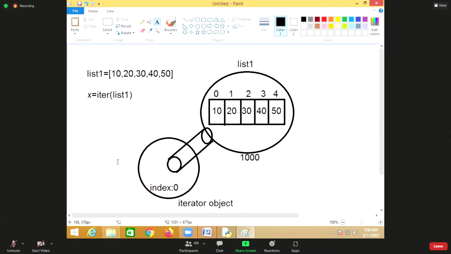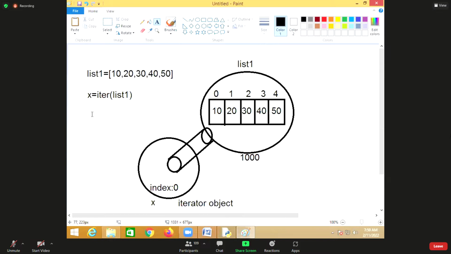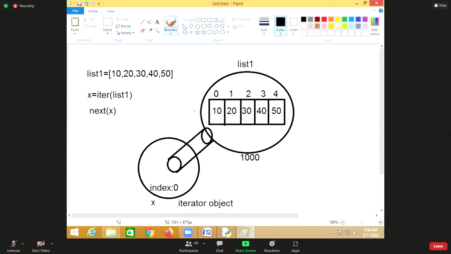Suppose this is x. x is nothing but the iterator object. How can I read it? By calling the function called next. You're calling next by sending the iterator, and you are reading the next element of the iterator. It reads one element using this index. What is the index here? 0. So what is the element at 0? 10. And after that,